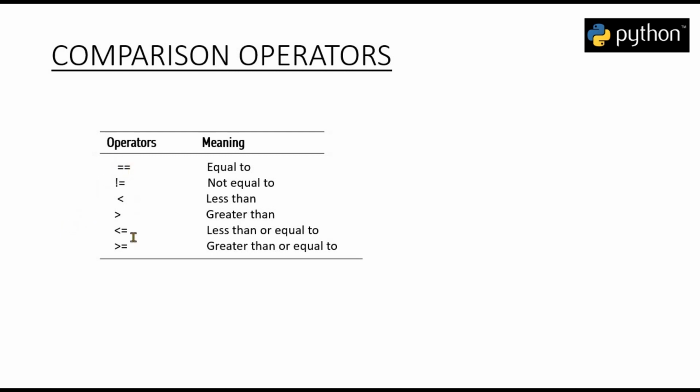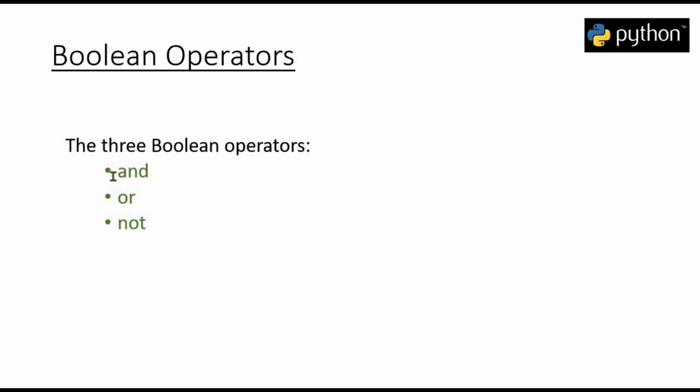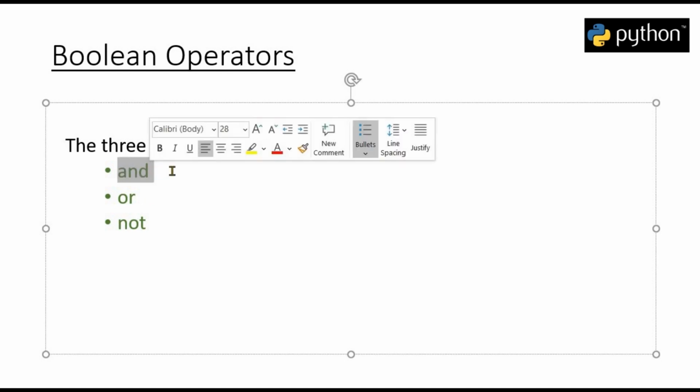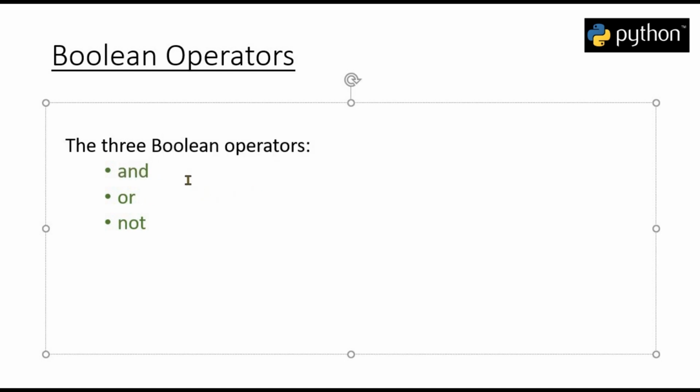Now apart from these mathematical comparison operators, there are some logical operators as well which are commonly used for making a Boolean expression. These are and, or and not. Now the AND logical operator is basically used when two situations are true. So in the truth table, if two situations are true, then it will give true as an output. Similarly, in the truth table, when comparing any two situations, if either one of them is true, then the OR logical operator will give true as an output. And not represents the opposite of the value. So if we write not true, it will give us false as an output.